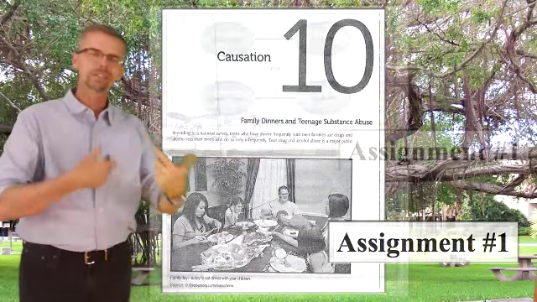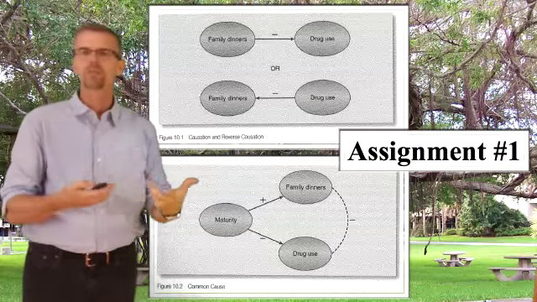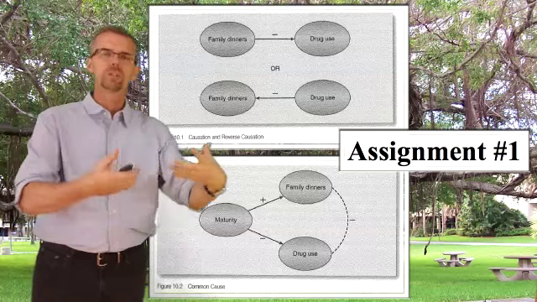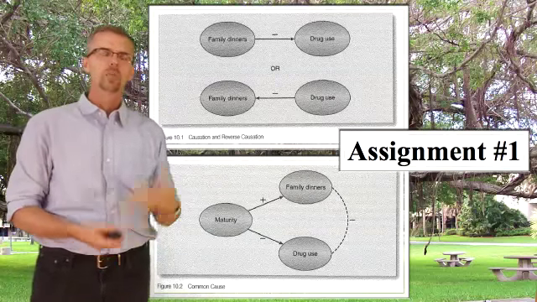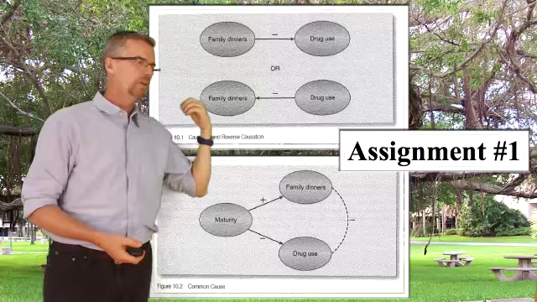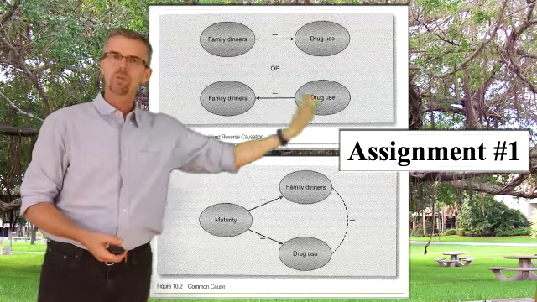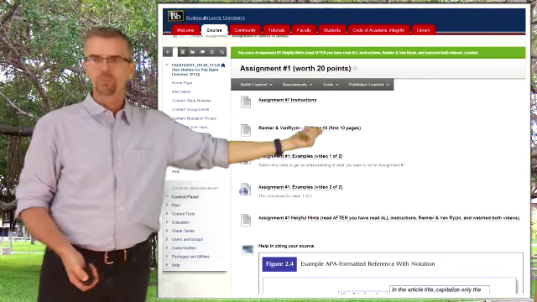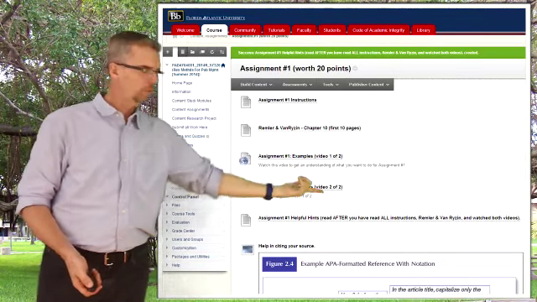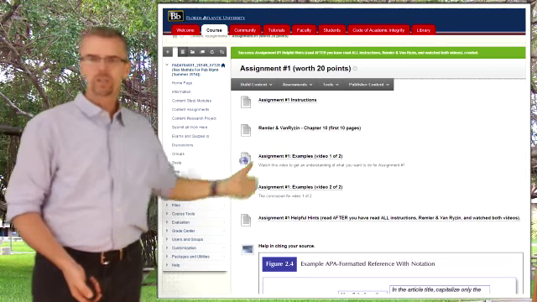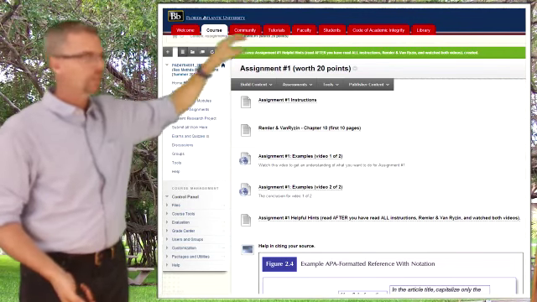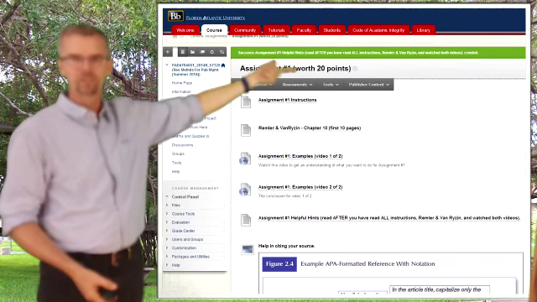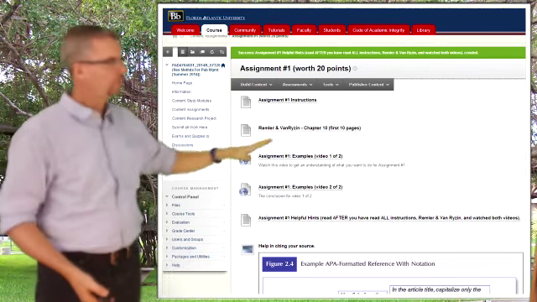And I really like these first 10 pages because it gives a lot of graphics. I am a very visually oriented person, and I want you to be able to do a diagrammatic model of your research. I want you to be able to tell me a diagram of causation or correlation. So that's what assignment number 1 is about. Assignment number 1 has an example video part 1 of 2 and example video part 2 of 2. And after you have read the 10 pages from the Remler and Van Ryzin textbook, which is a PDF file, and after you have watched both of the videos,